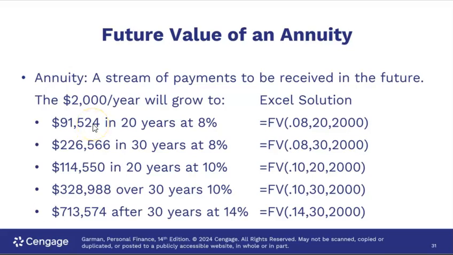So this slide gives examples of future value annuities. Again, an annuity is a stream of equal payments or deposits to be made or received at some point in the future. In this case, it's $2,000 a year. So 20 years at 8% grows to $91,524. If we extend that to 30 years, due to compounding, it grows to